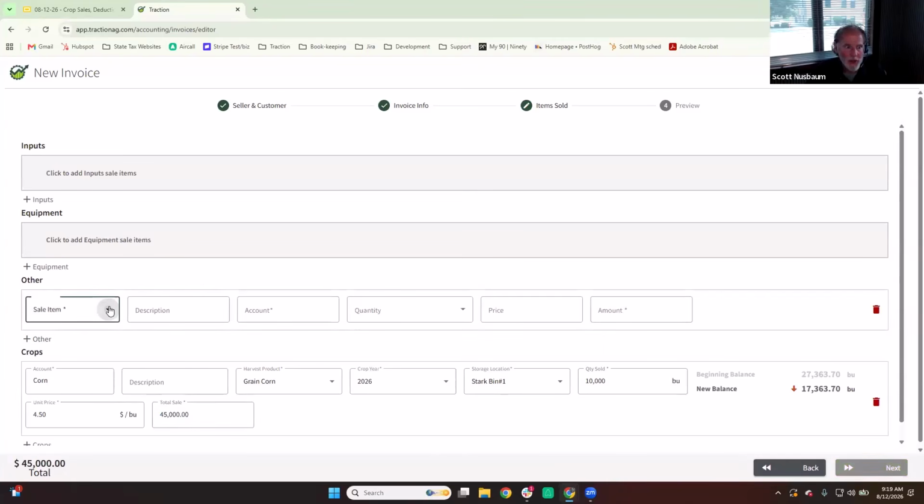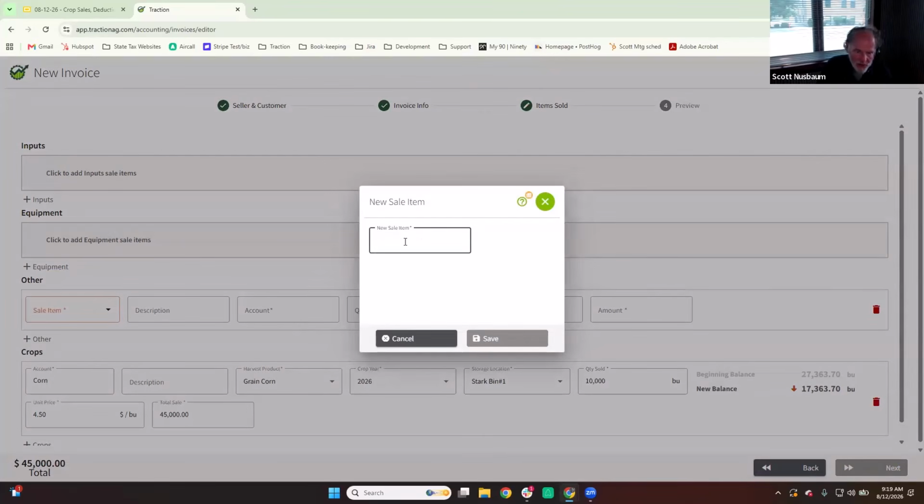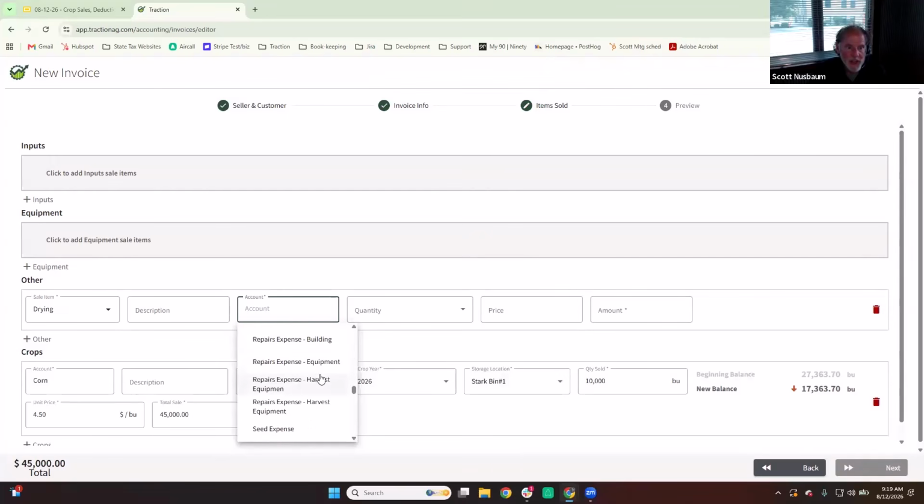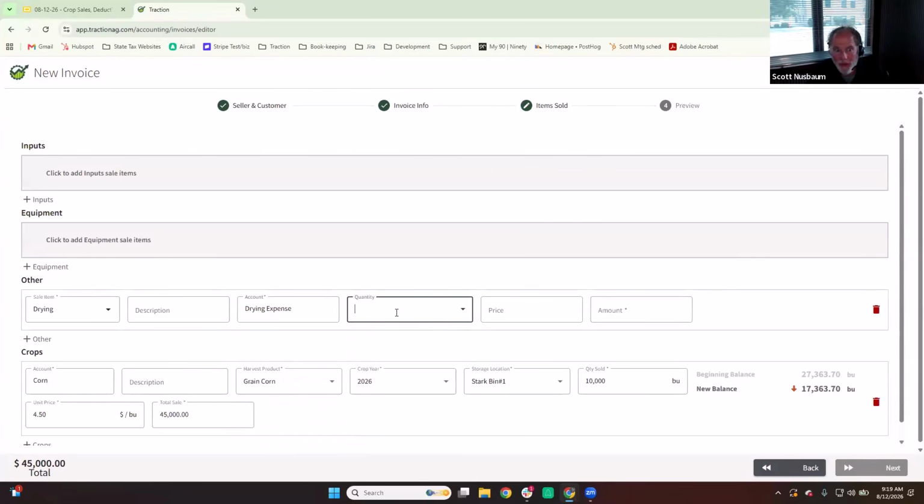So if I wanted to go in and do drying again, I haven't set one up. We'll just go ahead and add drying to the list here. So I'll say drying and pick my account. Again, it's going to be drying expense. Put in, and here's one that if you want to do quantities on the invoice to track it. So if it's 10,000 bushels at 10 cents a bushel minus,